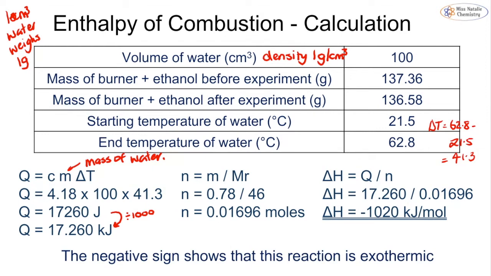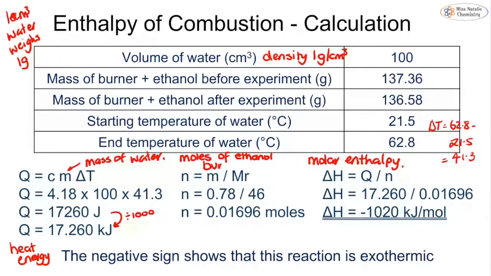But that is just the heat energy being released. We want to calculate the molar enthalpy. So remember, our molar enthalpy value is this ΔH. And what we need to do is calculate this by taking the heat energy and dividing it by the number of moles of ethanol that we burned. So that's what this middle calculation is. This is the moles of ethanol